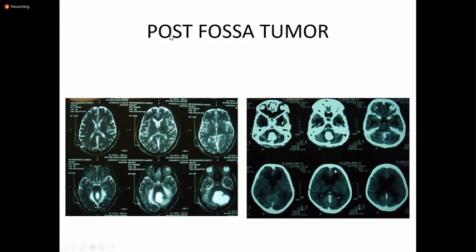So there is hydrocephalus. In this scan, you can see the large posterior fossa tumor, but the ventricles are not dilated. I have shown you this scan for comparison. The posterior fossa is filled with large tumor, but there is no hydrocephalus. The reason is that this is the post-operative scan of a patient with a ventriculoperitoneal shunt. You can appreciate this ventriculoperitoneal shunt in the ventricular system. So the ventricles have come down in the same patient, okay?